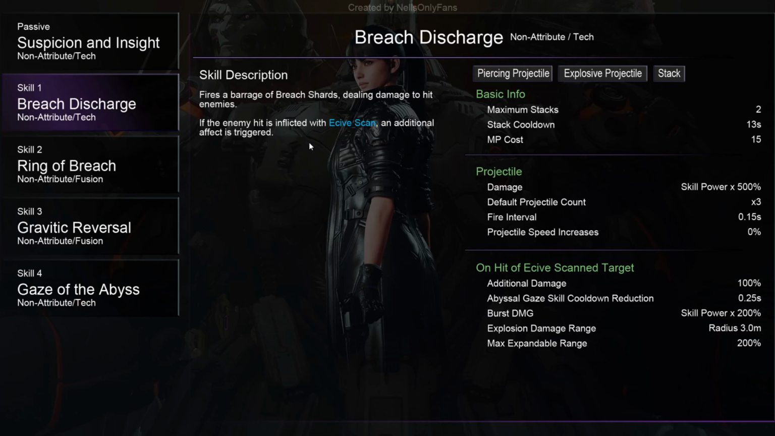Fires a barrage of breach shards, dealing damage to hit enemies. If the enemy hit is inflicted with a sieve scan, which with that cooldown they really should be, an additional effect is triggered. So maximum stacks is 2, stack cooldowns 13 seconds, MP cost 15, damage is skill power times